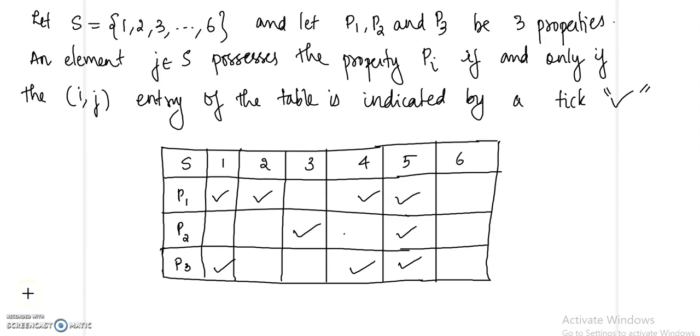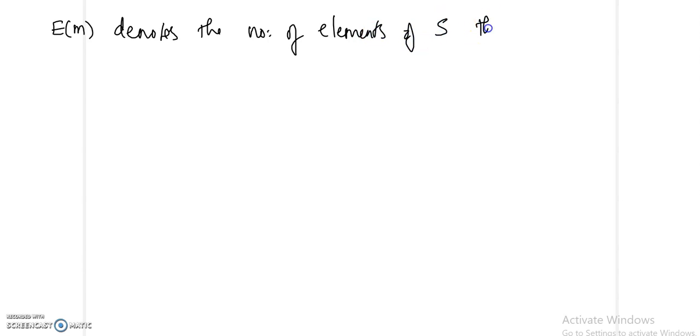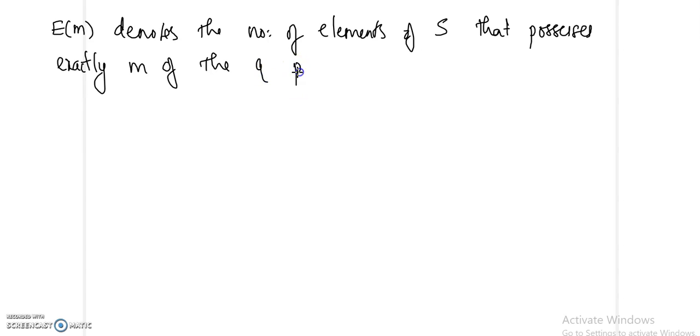Hello, so in last class we have defined a universal set and properties P1, P2, etc. Pq on that universal set, and we have defined the quantities E of M and omega of M. So E of M denotes the number of elements of S that possess exactly M of the q properties,